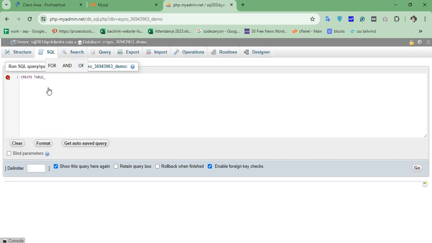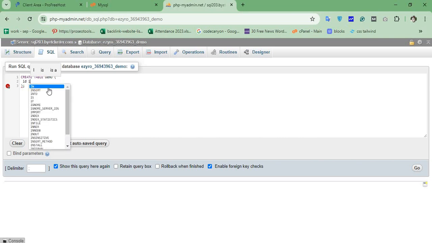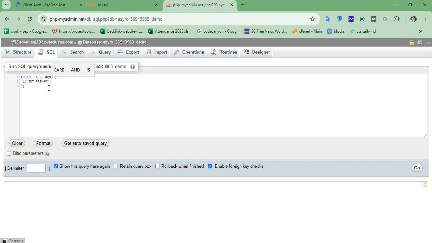Here my table name is demo, first bracket open and close and semicolon. Write id integer, primary key, comma,